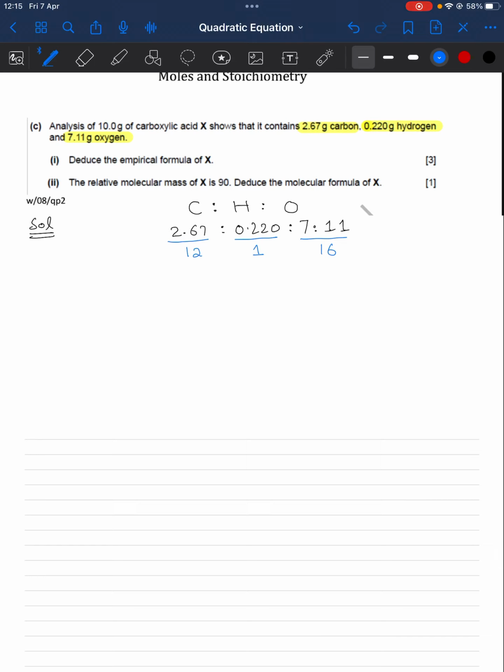If we divide 2.67 by 12, we get 0.225, and in the second we have 0.220, and in the third when we divide 7.11 by 16, the mass of oxygen, we get